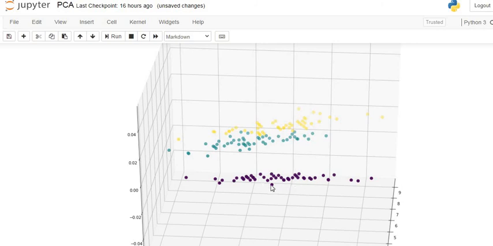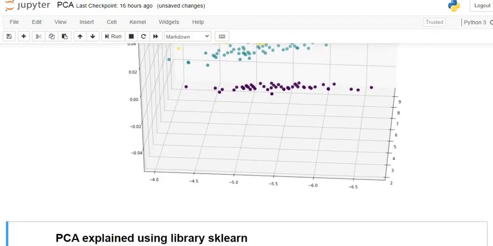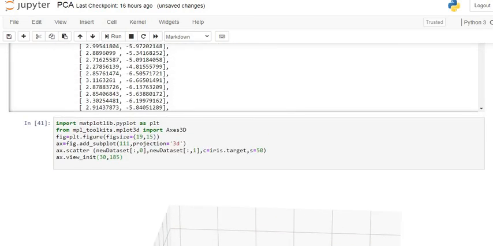It consists of three classes. This is Setosa, this is Virginica, and this is Versicolor. These are the three classes, and this is our new data, that is, the principal components. We obtained this graph using data obtained by principal component analysis. These are the required heuristic steps for obtaining the principal components by using eigen analysis.